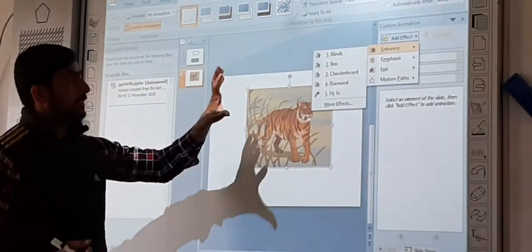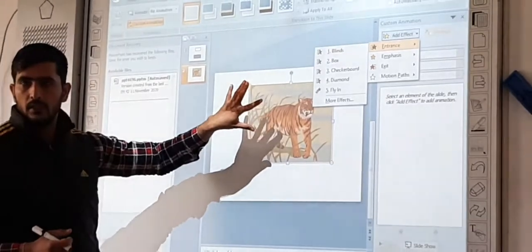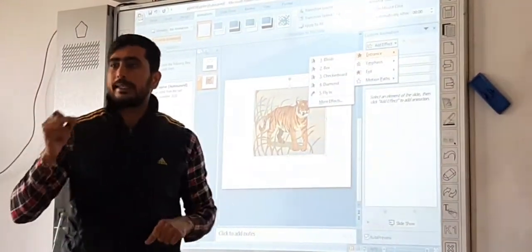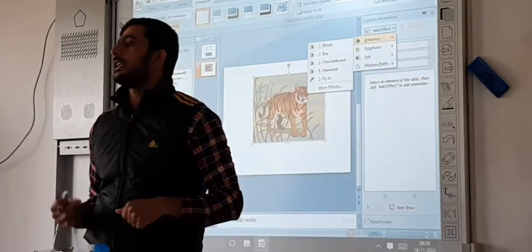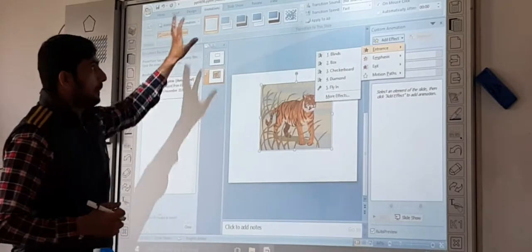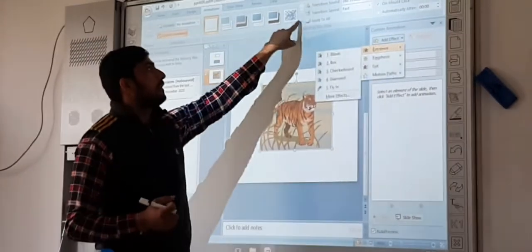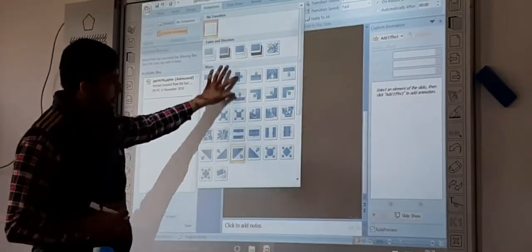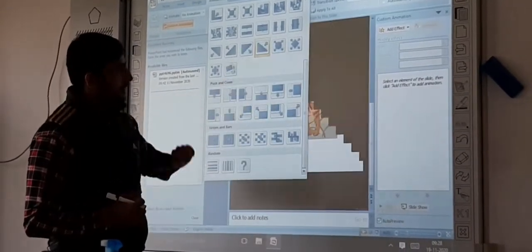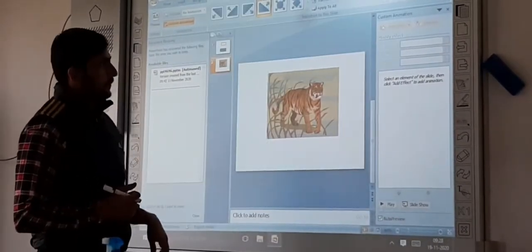Suppose I have selected this one picture. It will not work on the whole slide. It will work only for the thing that we have selected, not for the whole slide. If you want to apply it to a whole slide, then the other option will work. Understand?